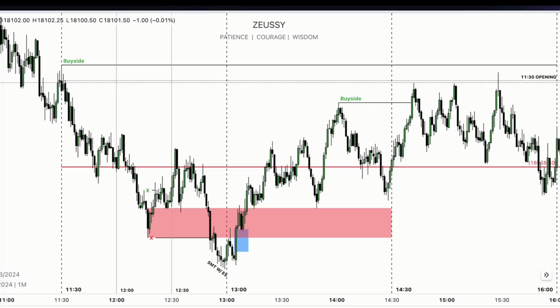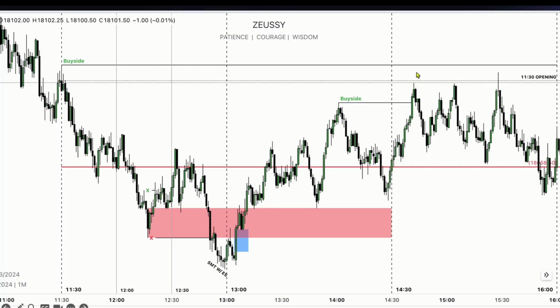Have you ever thought about the possibility of this all being fractal and this all occurring in one another? So we see the market form a low right here, and it begins to expand higher, taking out buy side liquidity, forming the high of that second 90-minute cycle of the PM session. Market retraces all the way right here into this down close candle, forms a low, and it then trades higher.